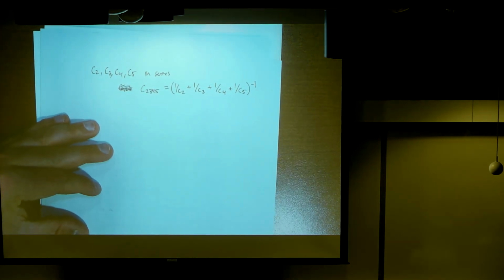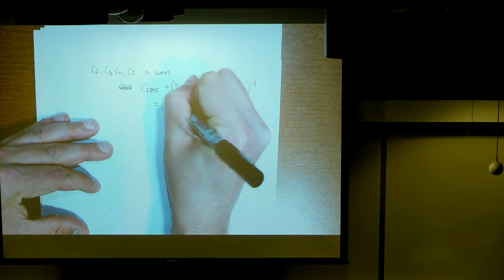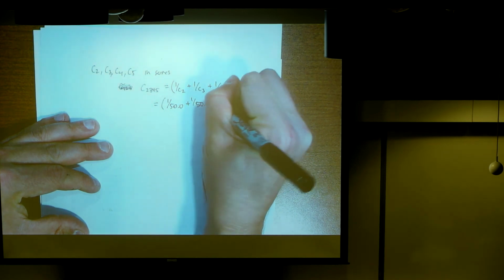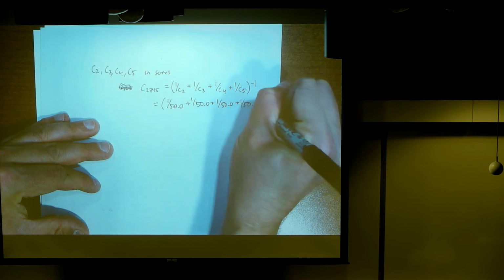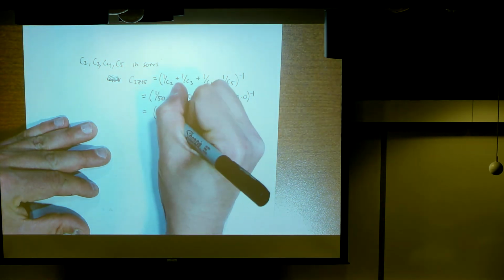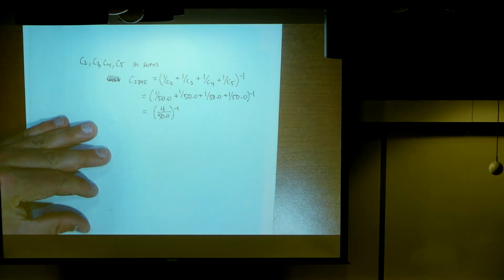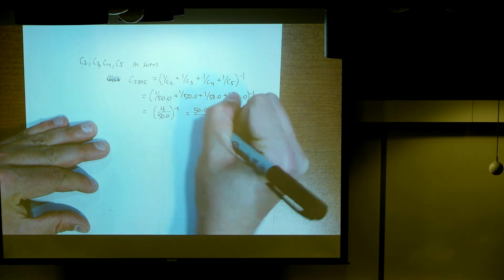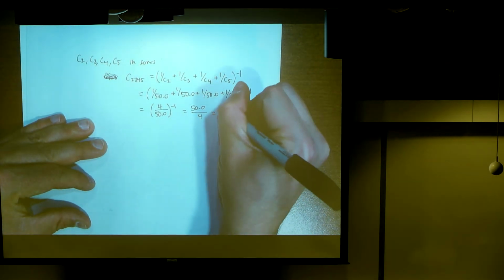That's how this works. So basically, we're just dealing with 1 over 50 plus 1 over 50 plus 1 over 50 plus 1 over 50 to the -1 power, which is just 4 over 50 to the -1 power because we have 4 terms, which is 50 over 4. And 50 over 4 is what? That's 12.5